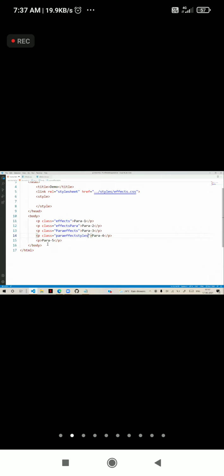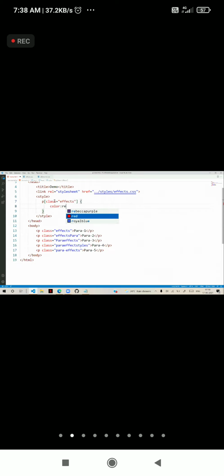Now actually here we are having different types of classes, like para effects. Now if I write here p, paragraph, class is equal to effects, color as red, to which paragraph will they apply effects?